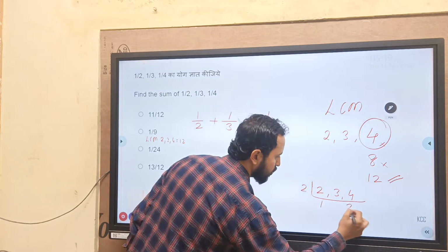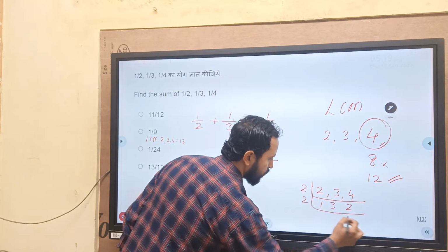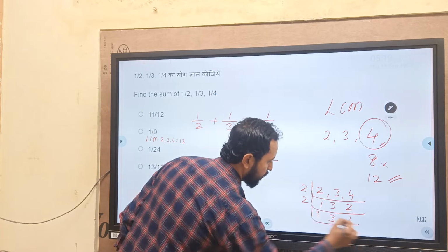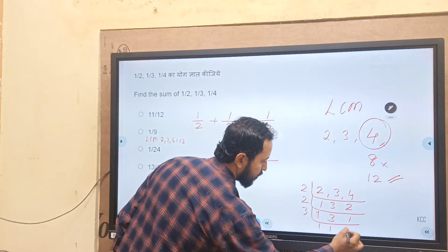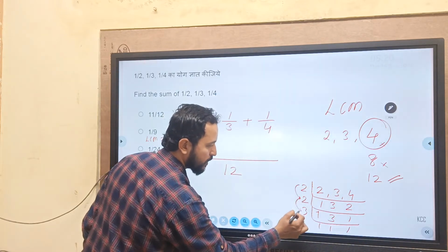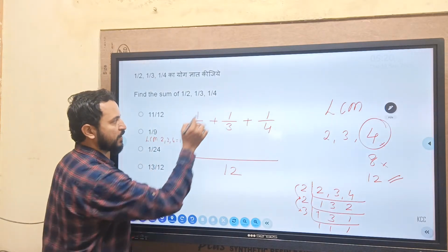2 1s are 2, 2 2s are 4, and something like this, till you get 1 1 1. You have to multiply. 2 2s are 4, 4 3s are 12, 12 is the LCM. So 2 6s are